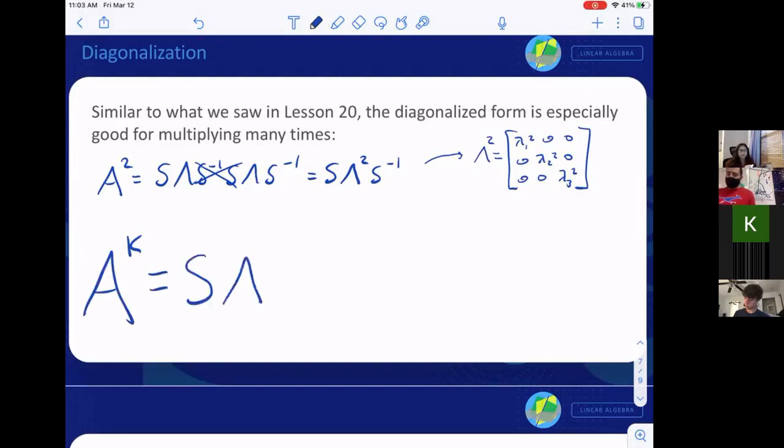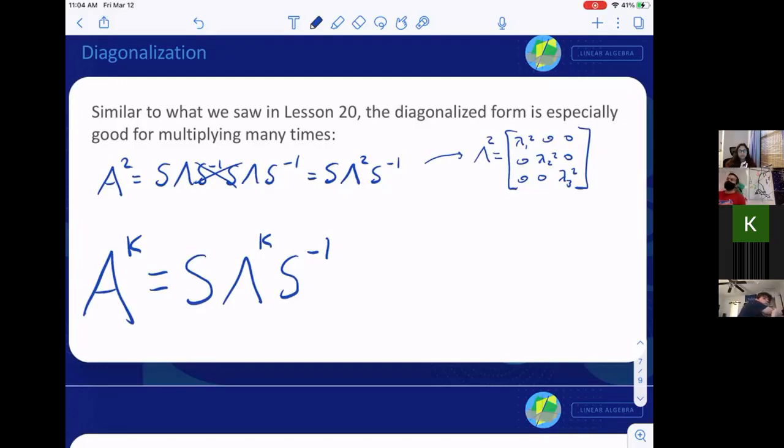I wouldn't have to do anything to my S. I would just raise all my diagonal entries to the K. And then again, I wouldn't have to do anything to my S inverse. So if I wanted to multiply A by itself 100 times, or something else by A 100 times, I could do 100 matrix multiplications, or I can just raise the diagonal entries to the 100th and do these 3 matrix multiplications, which is far, far, far, far, far fewer